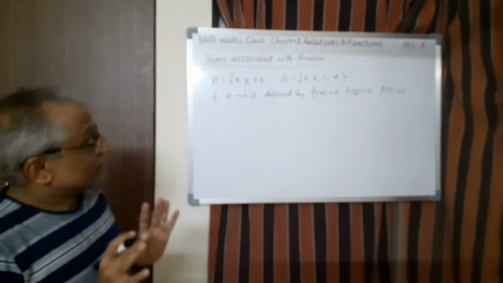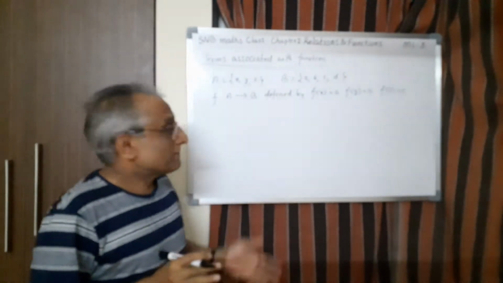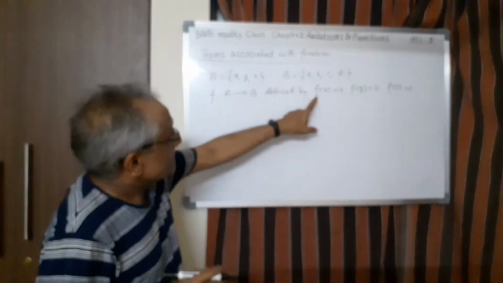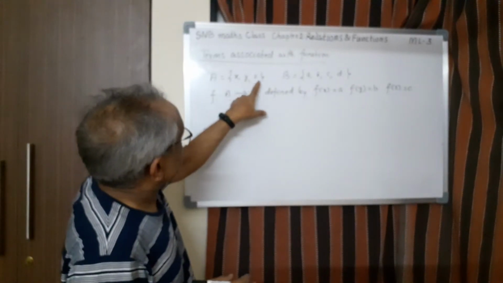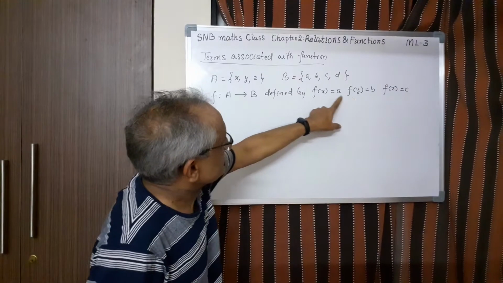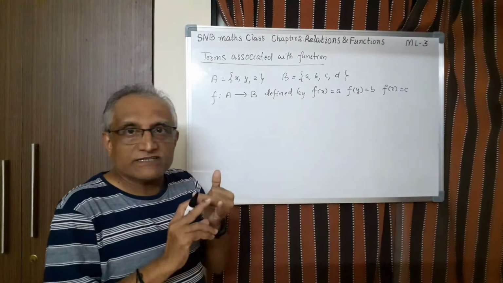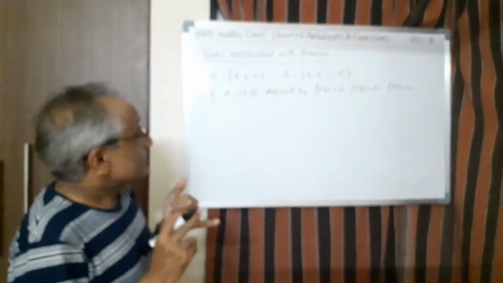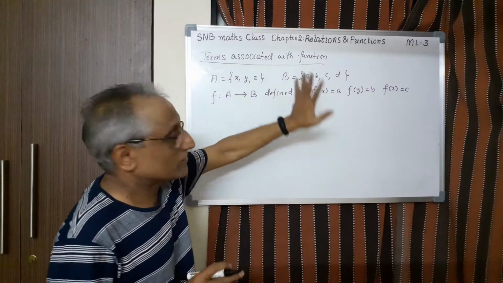Now first you have to check whether it is a function. Just because I have written like this, I can't say that it is a function. After all, it is a notation. x is going to a, then y, z, only 3 elements are there. x, y, z, all are related to some element. So definitely the first condition is satisfied. The second one is every element should go to only one element. That is also satisfied. See, x is going to a only, no other element.